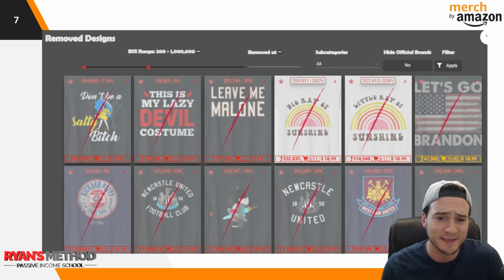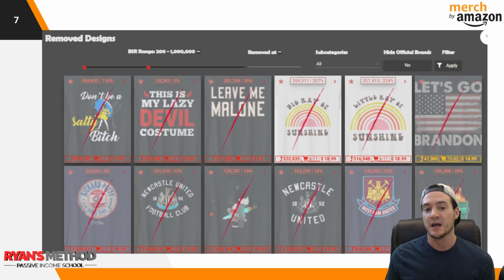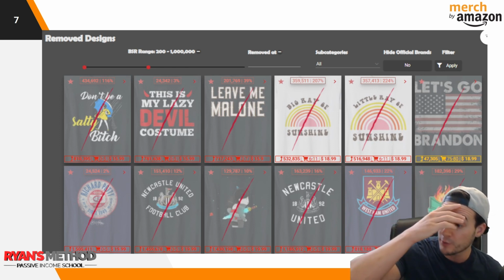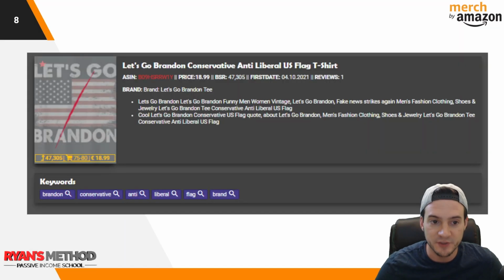And I don't think it's really possible for them to track every single removed design. That being said, they do track some, including this one right here behind me in the first row that says Let's Go Brandon. So that made me think, all right, maybe there is something to this. And this shirt's title says Let's Go Brandon Conservative Anti-Liberal US Flag